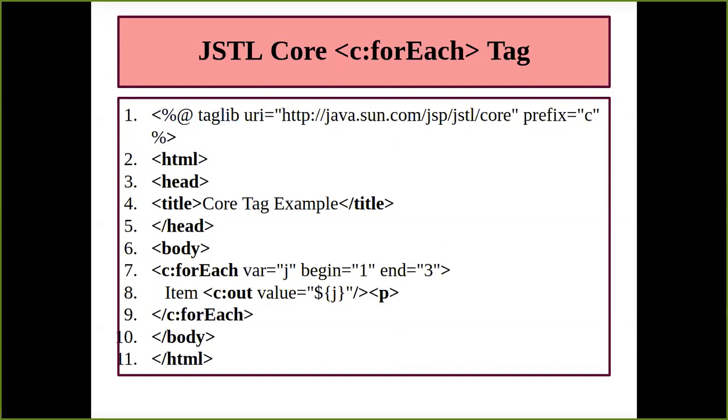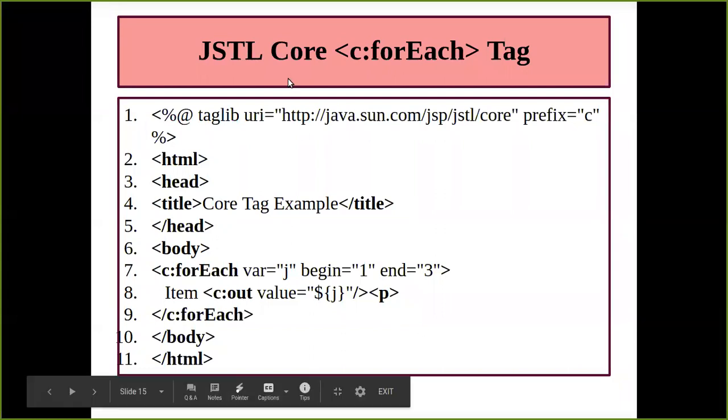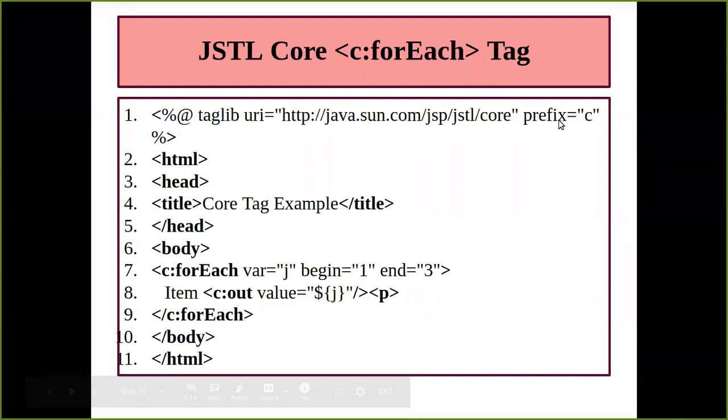For the arrays, we go sequentially through all the values, and until all the values are read from the array and printed, we continue with the loop, and once it is done, it comes out of that loop. Fine. Again, it is a core tag, so we make use of the same thing in the first statement, but here we use the forEach loop, C. So it starts with the C prefix because it belongs to the core tag. We have a forEach tag, which is a ready-made tag from the core tag.